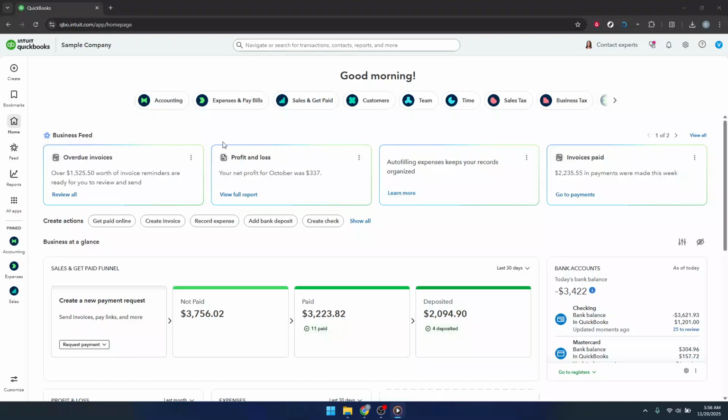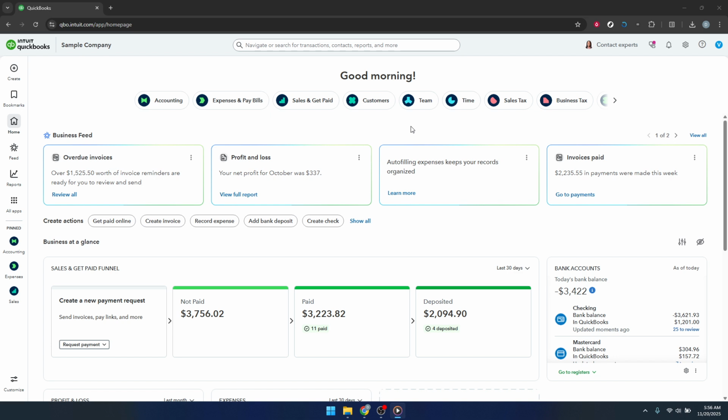In today's video, I'm going to teach you how to enable multiple currencies on QuickBooks Online. If you work with customers, vendors, or bank accounts in different countries, turning on multi-currency is essential. It allows you to track transactions in foreign currencies while still keeping your books in one main or home currency. In this walkthrough, I'll guide you step by step so you can turn it on confidently and understand what's happening